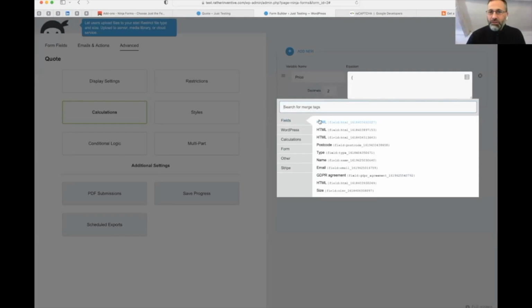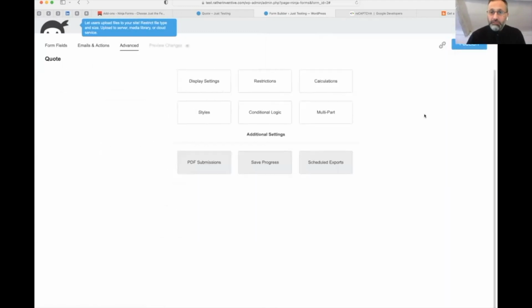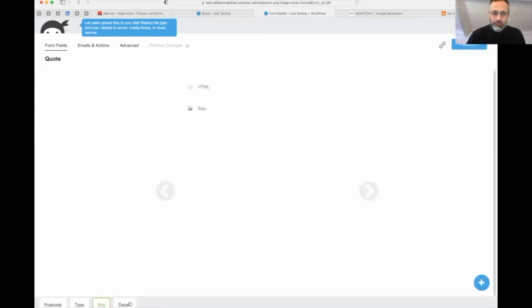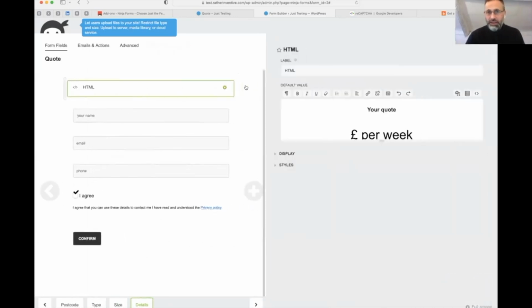And we want to add those, calculate those together. So we want to take, first of all, type plus size, and that's going to create our calculation. Click done. Now let's go back to the form, back to details, and we're going to add that price calculation